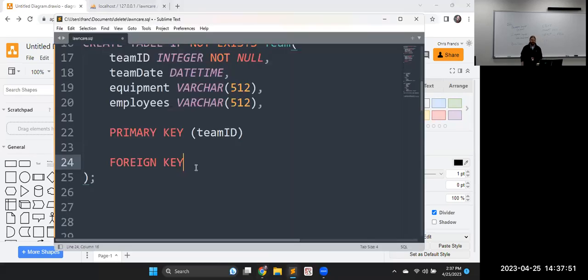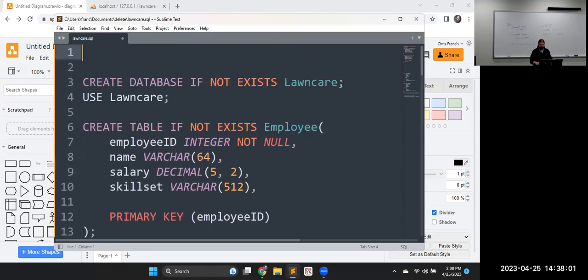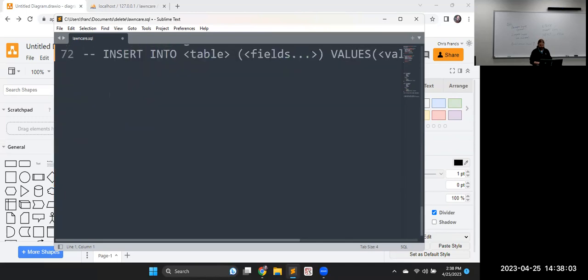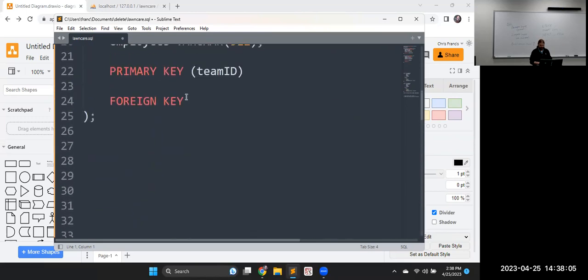But we can't put that in there because we put the foreign key inside of an array, and we have no way to get to it in order to tie that back together. Whoops, wrong button. One line there. So I'll take that out of there. And we will see the normalized form on